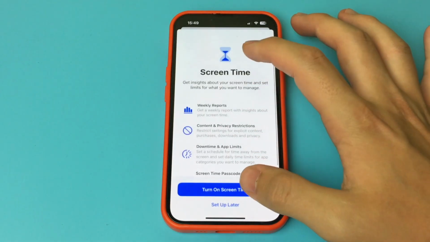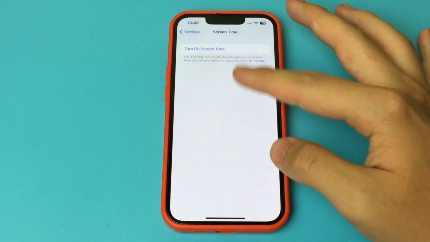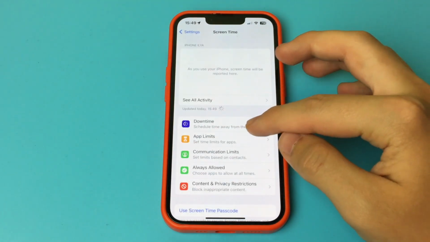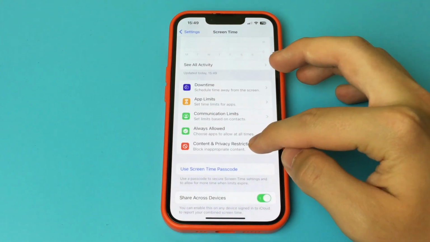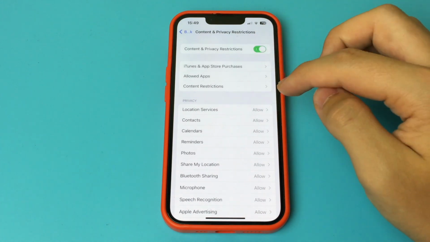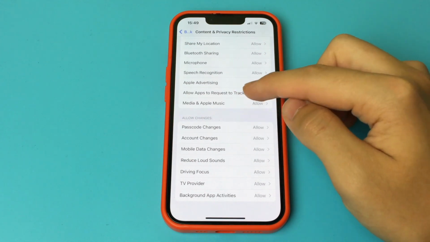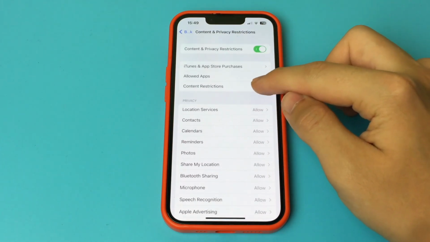Click here, Content Restrictions. Click here, and then go down here, and then we click on Web Content, and that's where we choose the restriction that we want. And then we click on this one. And now when we search for something obscene in our browser, it won't show up. Also here you can add any site that you want to block. As you can see, this is a very easy and fast way. Done. There is nothing complicated.